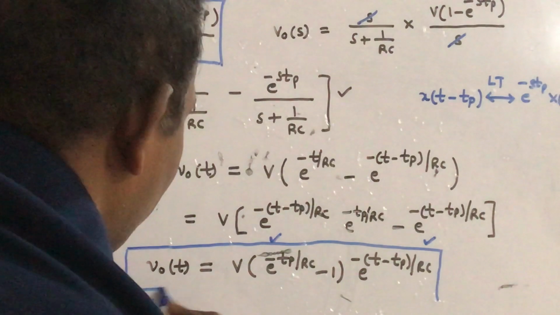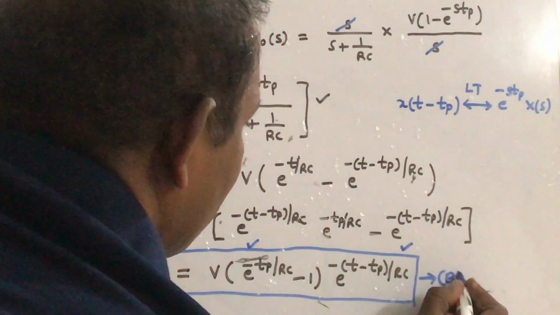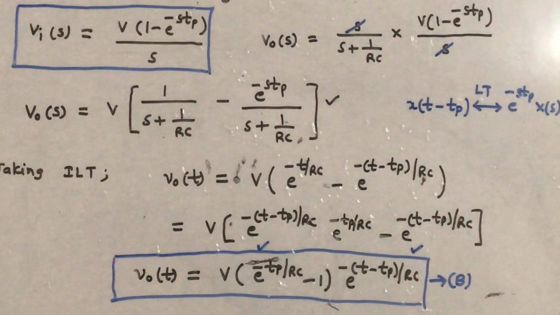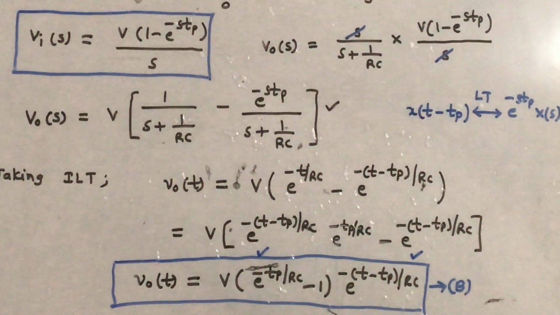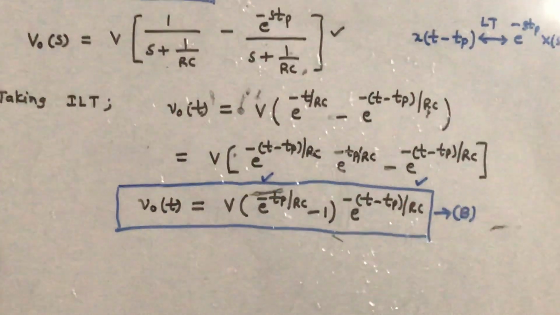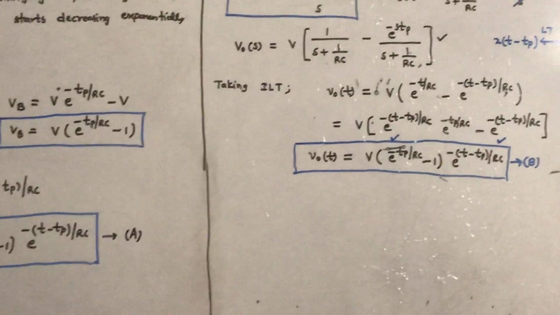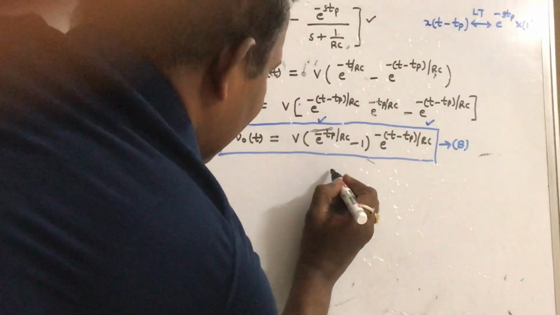By using the Laplace transform method and the regular method, from A and B, the A expression is this and the B expression is this. Therefore you can see the same answer for this circuit. Finally we will conclude by taking two cases here.